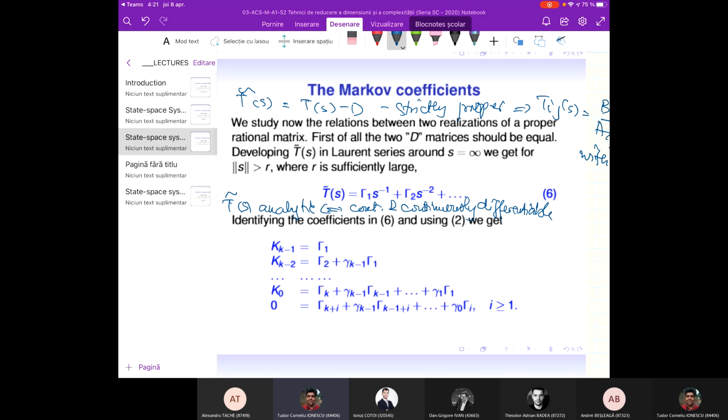So when you do the series development, you have to do it in an area where there are no discontinuities. That means you have to do it in the so-called region of convergence of the transfer function, and that's usually outside